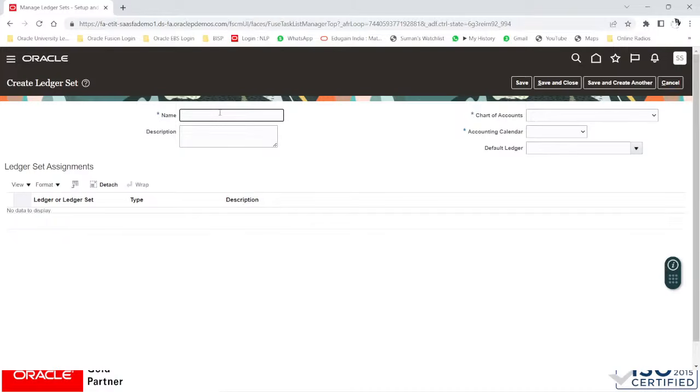So I will create a one ledger set, that is consolidated group ledger set, BISP group